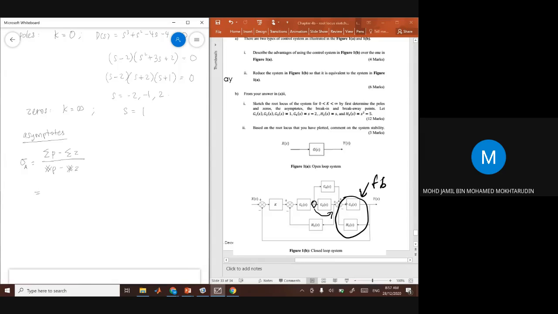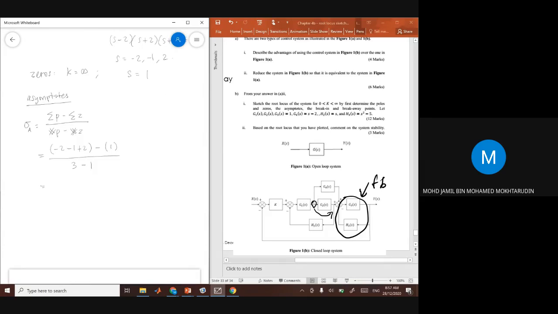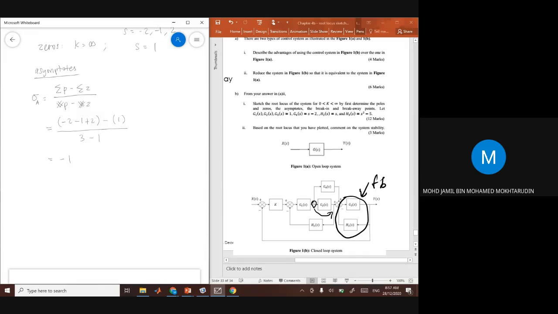So here you get minus 2 minus 1 plus 2 minus 1 divided by 3 minus 1. So negative 1. And then the angle,